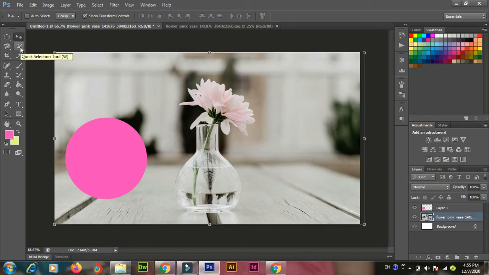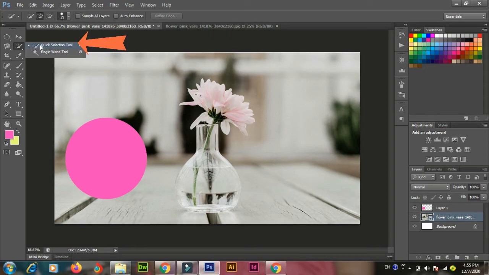If we want this flower to be shown over here in the image, what we will do is go to this selection, take the quick selection tool, and from this quick selection tool we will make our selection of the flower.